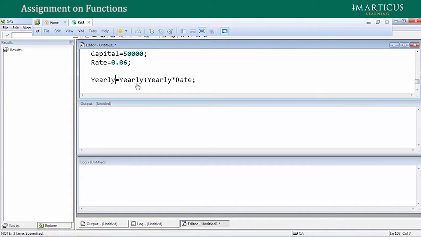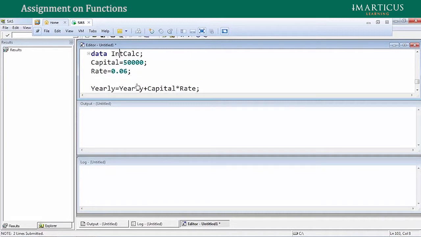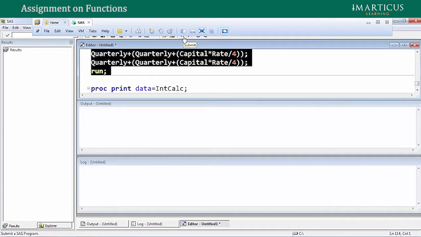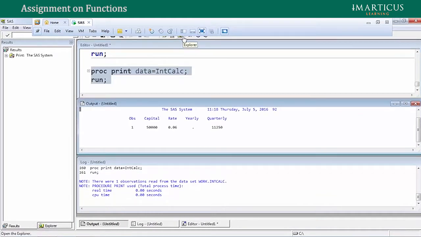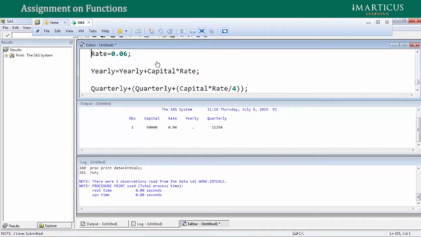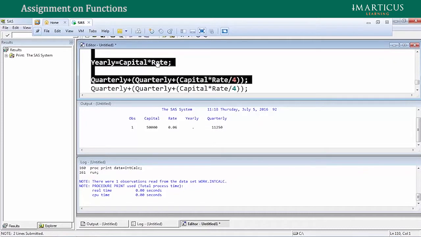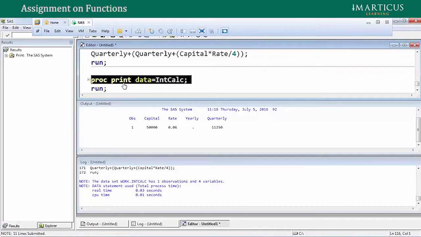This we need to say yearly is equal to yearly plus capital into rate. Now if I write a proc print,